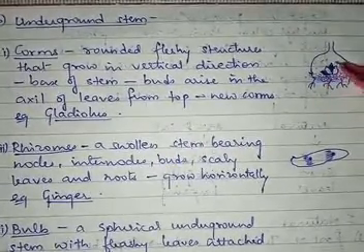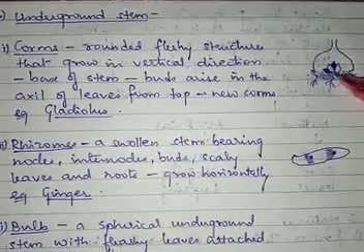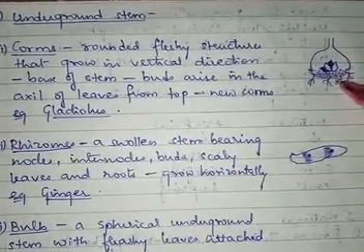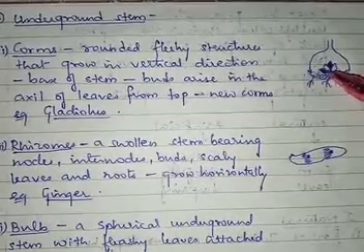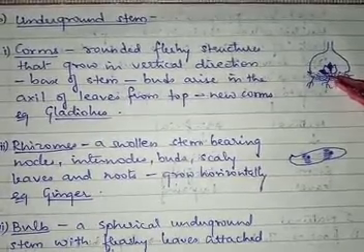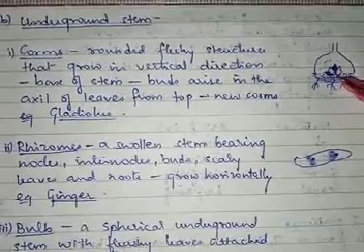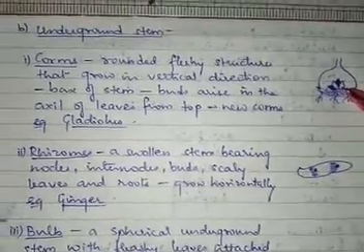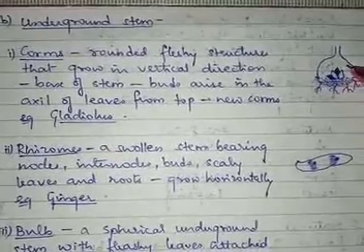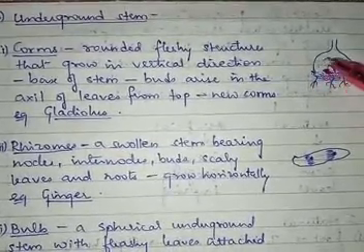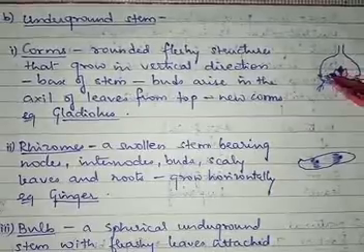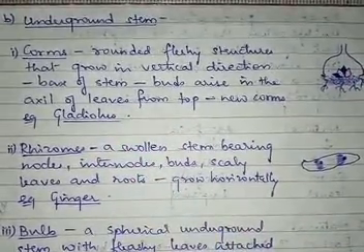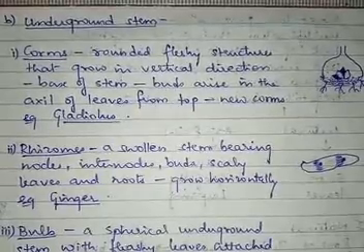So this is the swollen base of the stem of gladiolus, and here the corms are present. From these corms, towards the lower side you will find the roots growing, and towards the upper side you will find the buds growing. During the growing season these buds will grow into daughter corms, and they will use the stored food material present in the swollen stem. The example, as we have already discussed, is gladiolus. So that is about the corms.